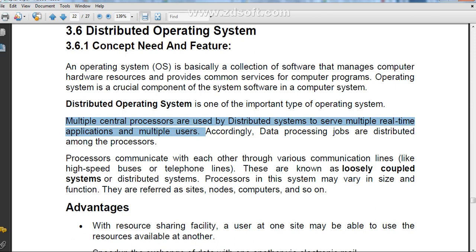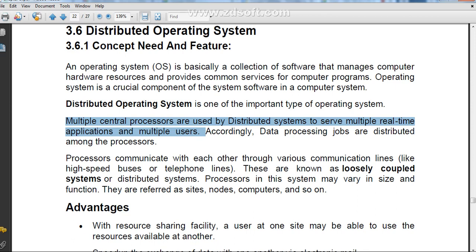Data processing jobs are distributed among the processors. So suppose you are going to process particular data. एक डेटा को आपको प्रोसेस करना है, तो एक प्रोसेसर के ऊपर वो काम नहीं होगा, वो डेटा डिस्ट्रीब्यूटेड ओवर द 10 प्रोसेसर्स. समझ में आ गया? आपका कुछ टास्क है, so that task is distributed over the multiple processors, and that is running on a different computer.